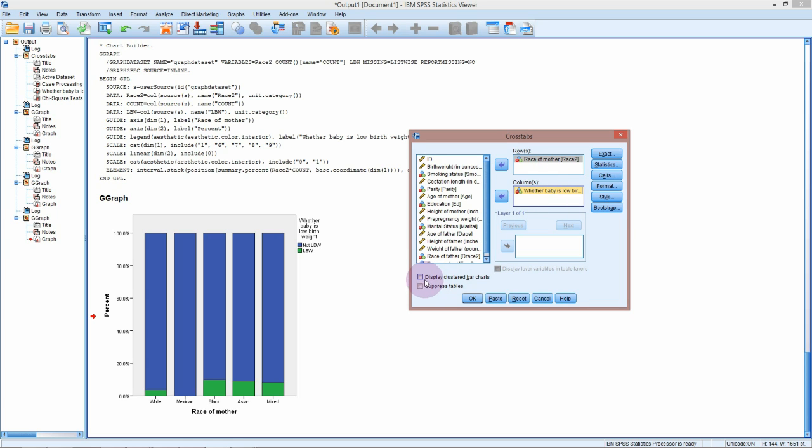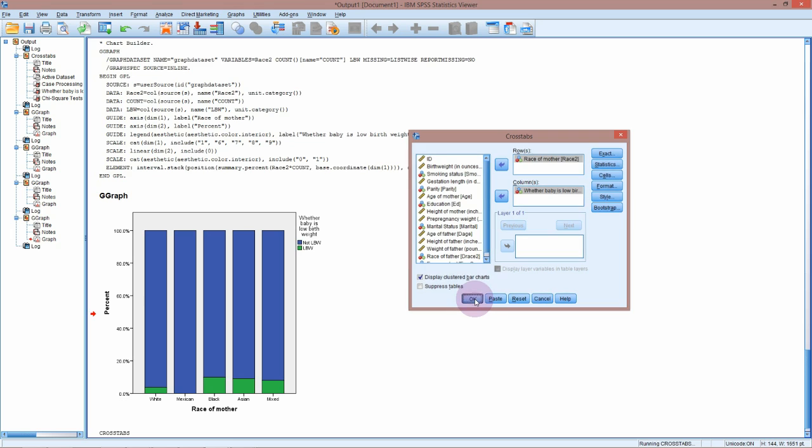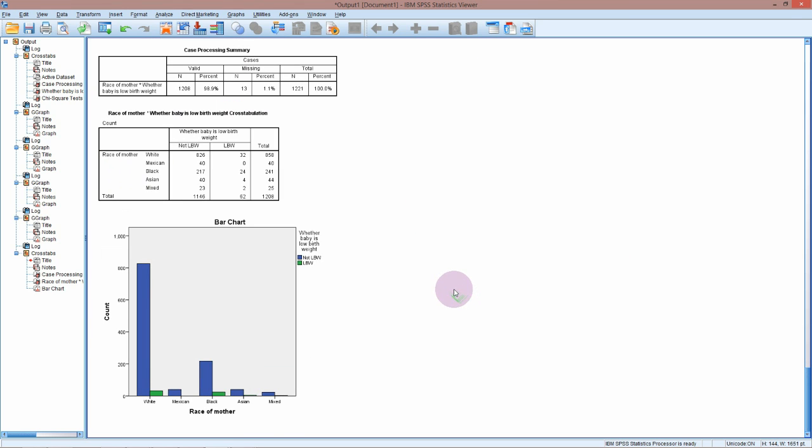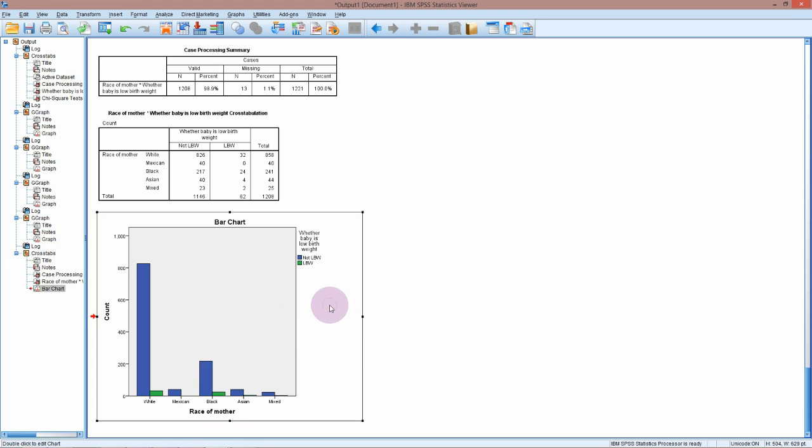If you want to, you can click this here and get your clustered bar charts out. This will be exactly the same as the basic clustered bar chart that we started with. But if you haven't already done this for some other data, you might want to see that as a first step as well. So we've got here the bar chart that we've already seen, so we probably don't need to look too much of that. The case processing summary is just where